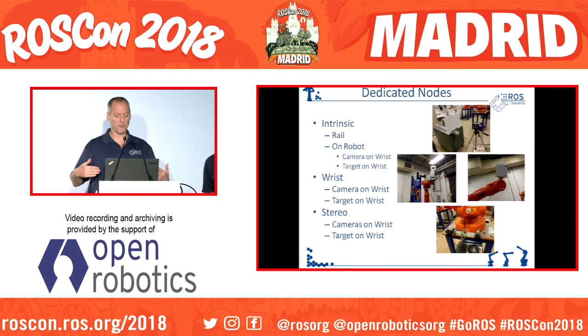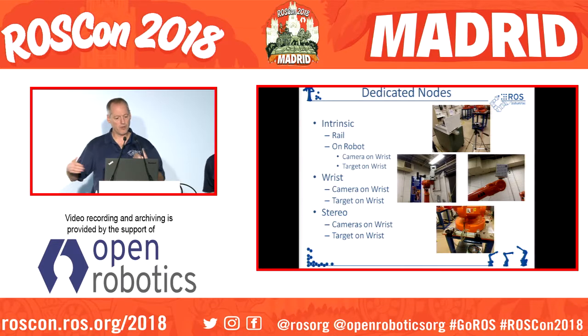Yeah, so I said we created dedicated nodes. For intrinsic calibration, which is calculating the parameters which adjust for the distortion of the lens, we have a rail-based system that uses a linear rail and moves the camera, or the target, back and forth